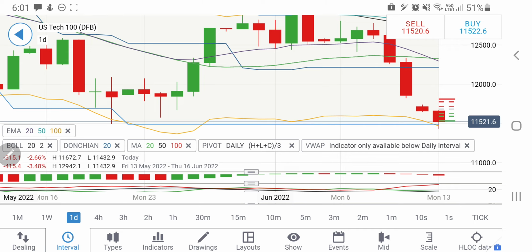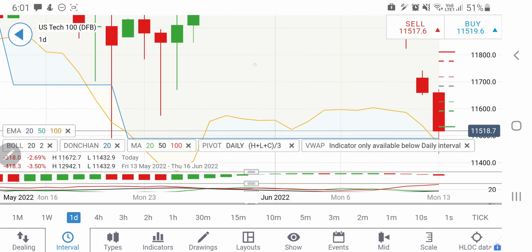I expect that it can try to hit the 11,580 to 11,600 zone, the first resistance zone and a major resistance zone. Beyond 11,580 to 600, if it trades, we may expect the 11,640 to 650 zone, which is the next resistance level. And if it trades above 11,650, we can expect it to rise towards 11,700. Beyond that, it can try to fill the gap towards 11,800 to 850 levels. So take your trades accordingly and watch out for these respective resistance zones. However, the only short entry today is if you see it trading below 11,400. Do not short till the time it is above 11,400 levels.